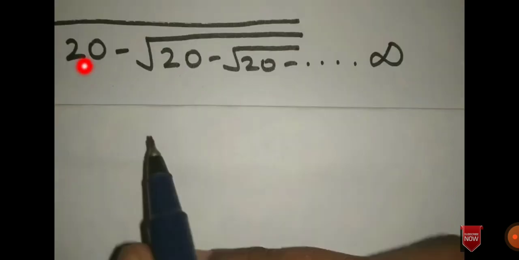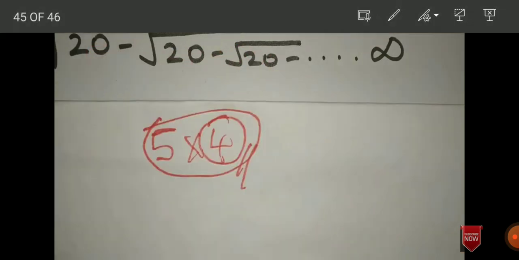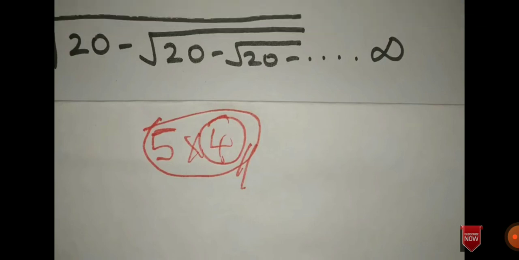See here, the same sum, but we are having negative, and the number is 20. So see here, when can we get 20? So 5 into 4 or 4 into 5. So these are the successive numbers. Out of this, you have to take the least number. So 4 is the least number. So your answer would be 4.